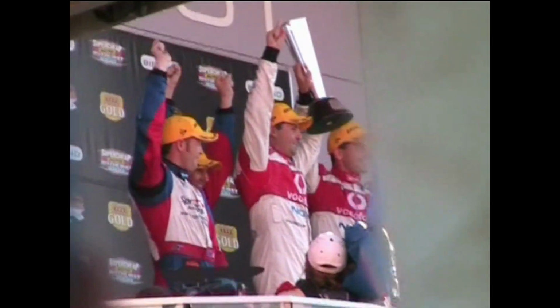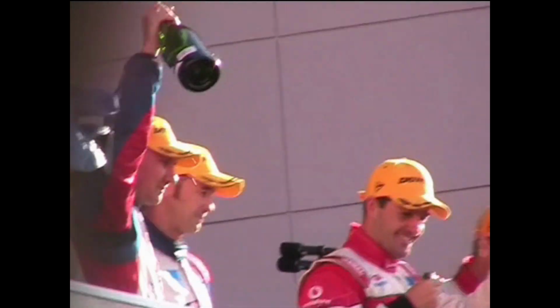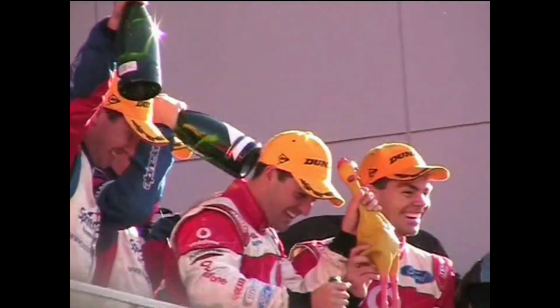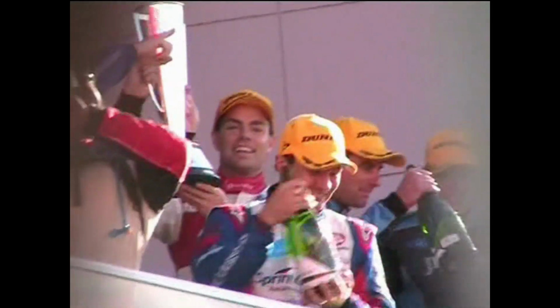This is my view of the podium celebrations. Great to see Lowndesy and Jamie Whincup get a treble. It's been many years since that was done, I